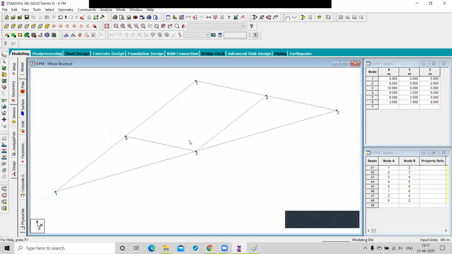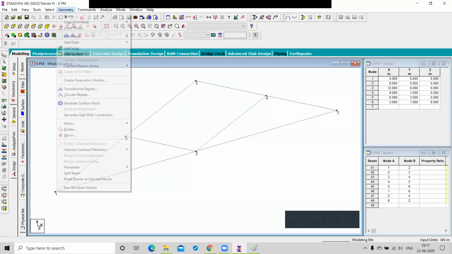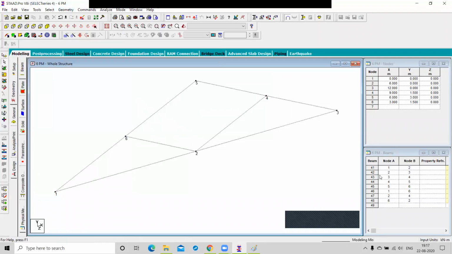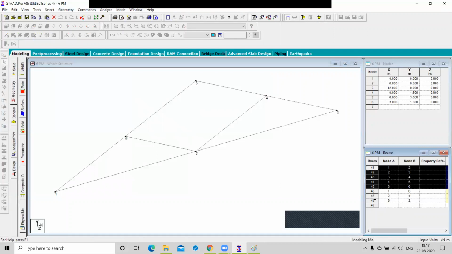To connect those nodes, the beam has to be connected to those nodes, sir. Okay, so without putting the node numbers in the table, we have the add beam option here, in the geometry. You have the add beam option point to point. Okay, I can show you.